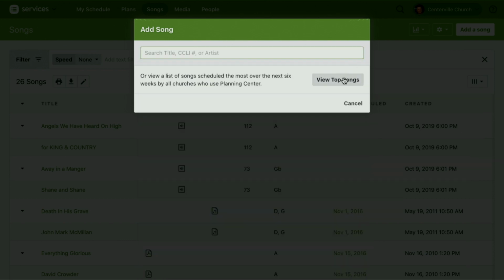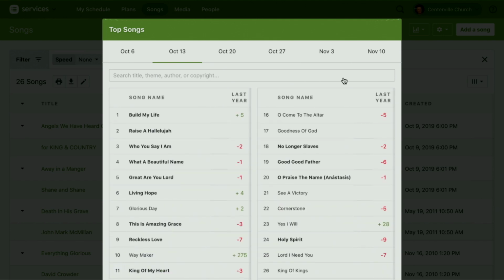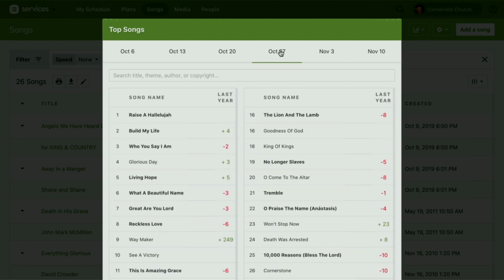So I'm going to close out of here and go back to top songs real quick. I can skip through any of these dates to see what songs are popular the next coming weeks. Now, the further we get out, the fewer amount of churches have actually planned their songs. So you'll see, this week is going to have results that are a little bit more accurate. But what's also great about this is once you're looking to plan Christmas or Thanksgiving or any of those kind of things,